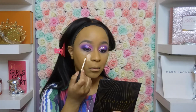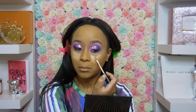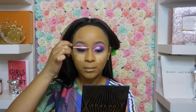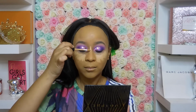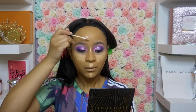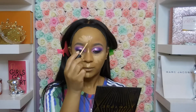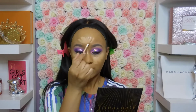So now I'm just going to use that same concealer to put all over my face in the highlighted areas. So this is where I said that I would have a negative review on this concealer, and it's when it came to me putting the concealer on my forehead. After blending everything out, everything else that I blended out on my highlighted areas came out really nice with the concealer, but